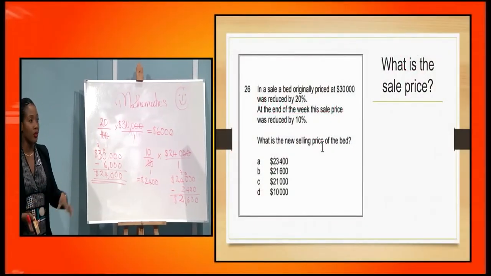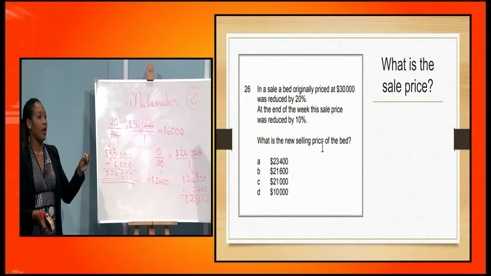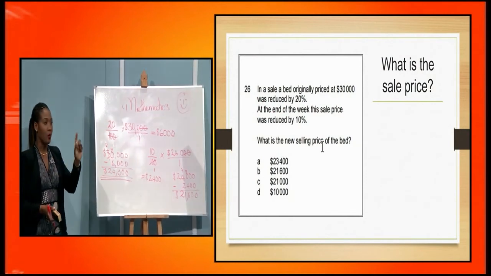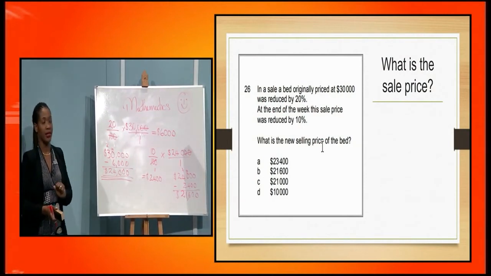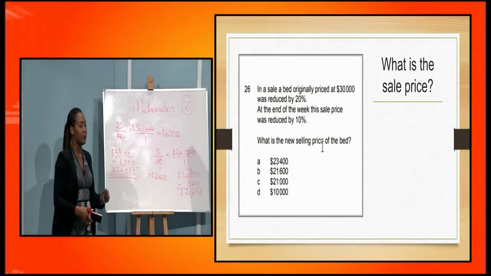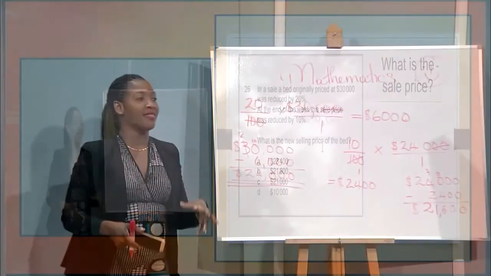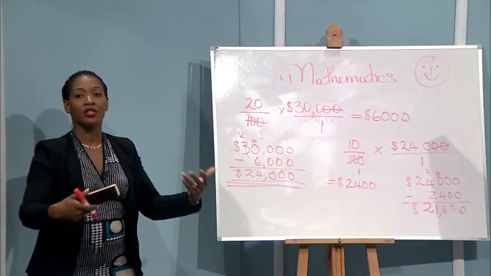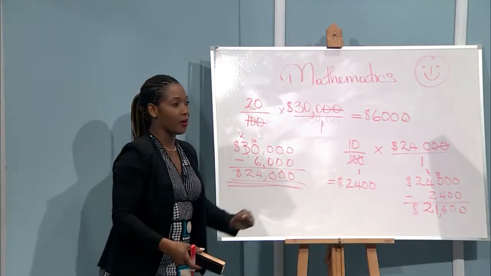So remember when you're reading the question, guys, I was supposed to ask you a question. Why didn't I add the 20% and the 10%? We can't add it because there was a reduction and then another calculation. So you can't just say, okay, it's 30% of the overall cost. You have to find the 20% first, reduce it, and then find 10% of the reduced value. Hence why we end up with